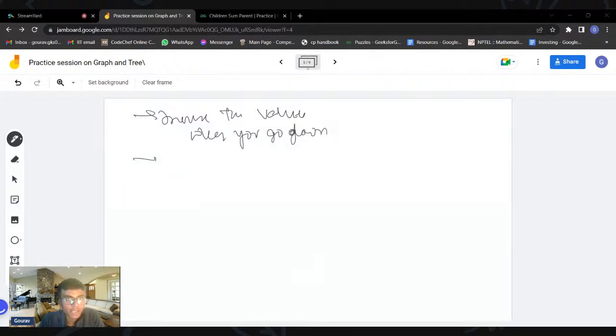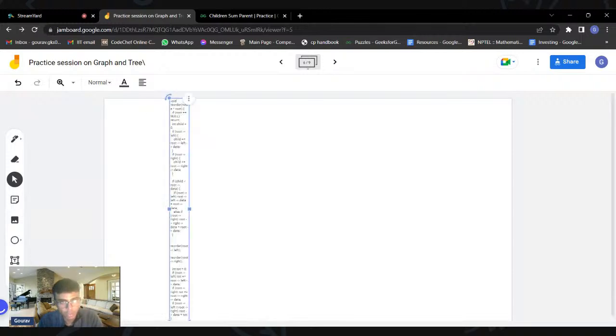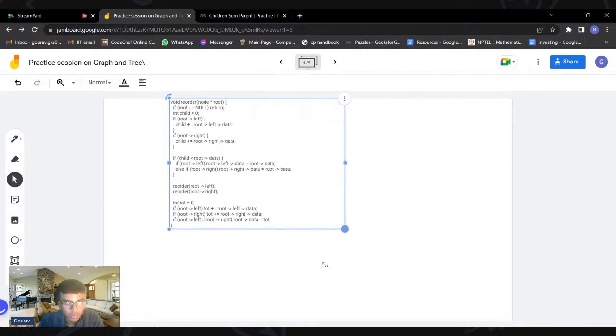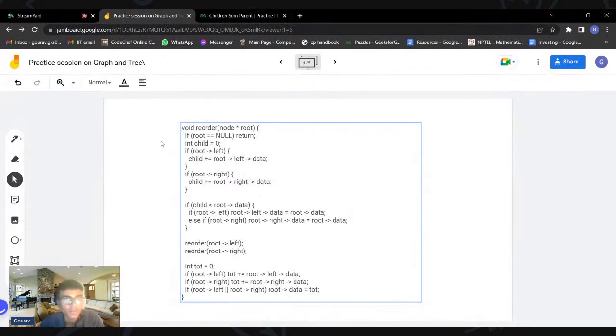In fact, this algorithm is also a recursive algorithm. So let me just paste this. I will be just pasting a copy here because we do not have this problem on the GFG platform. So I'm just putting up the implementation here itself. Okay. So this will be the implementation of what I just described.